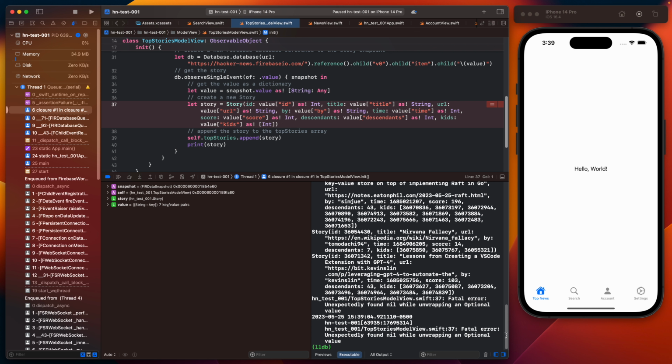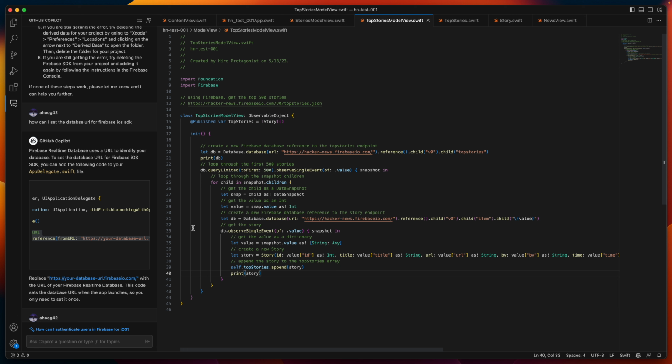It looks like one of these top story items, Swift line 37, probably one of these values that we're referencing did not actually have a value and we're force unwrapping it. So we need to go fix that with an if let or something along those lines. Let's go see what line 37 is. Line 37, okay. So we've got